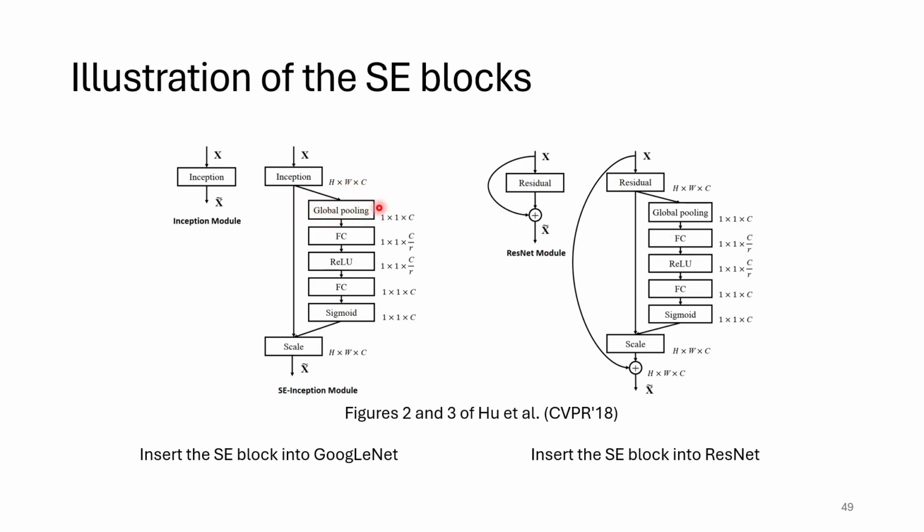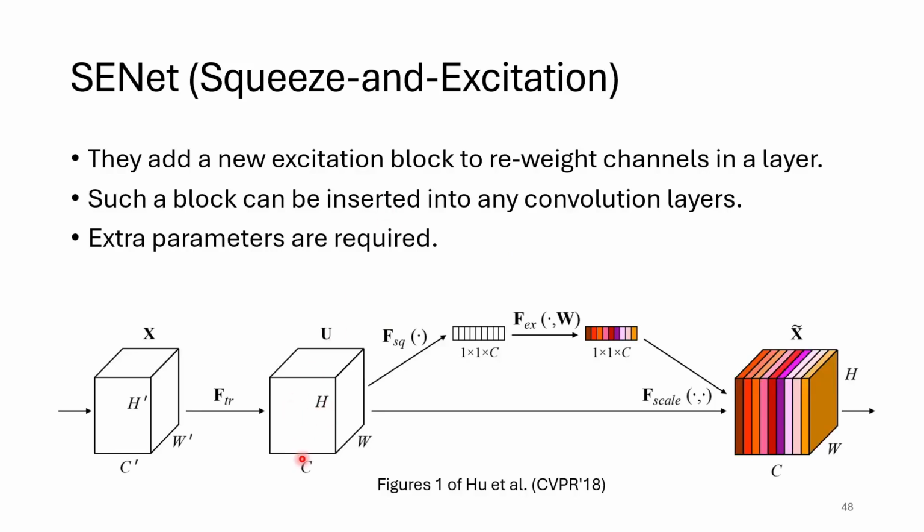So global pooling, what does it mean? There are many channels. We say we have average pooling and maximum pooling. Global pooling is a type of average pooling. Average pooling is usually applied to a region, like 2 by 2 or 3 by 3. Global pooling means the whole map. Okay. So because there are C channels, we apply the average pooling to the C channels, and we get the result